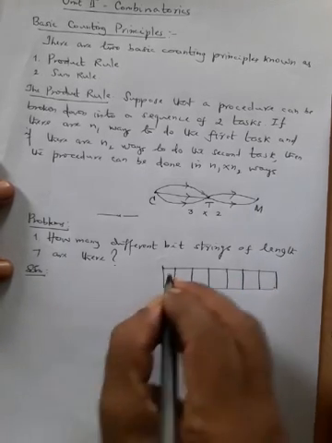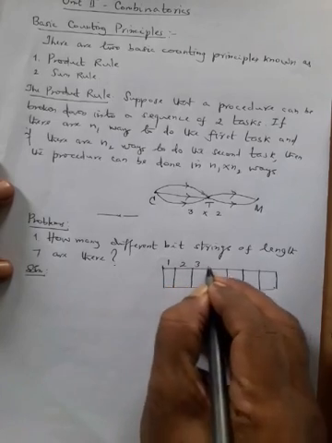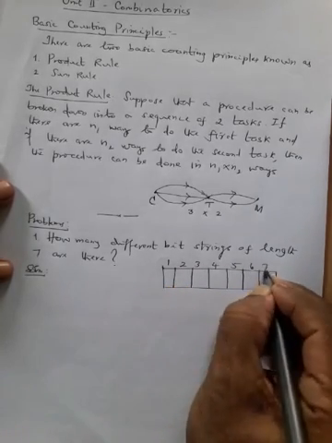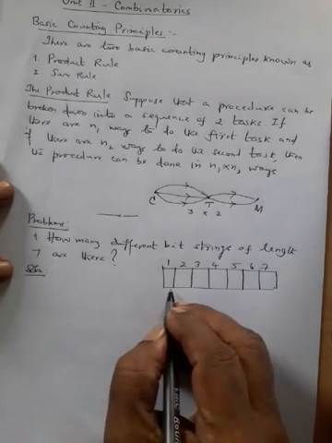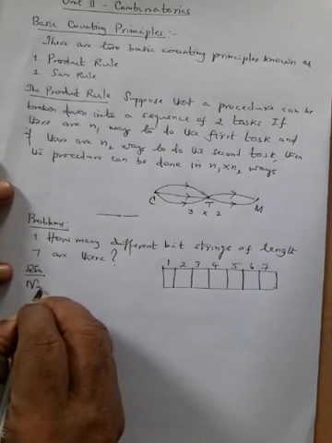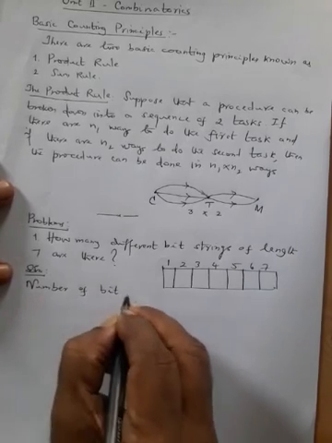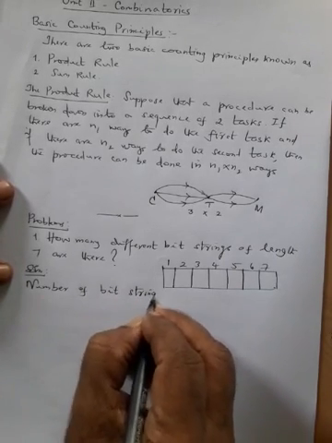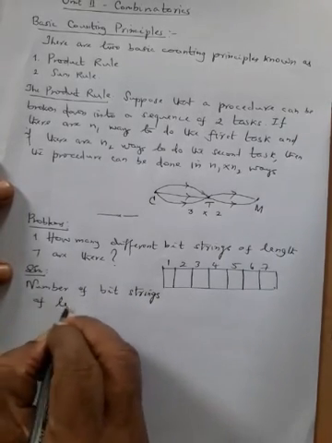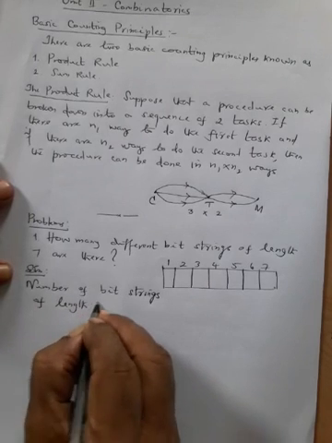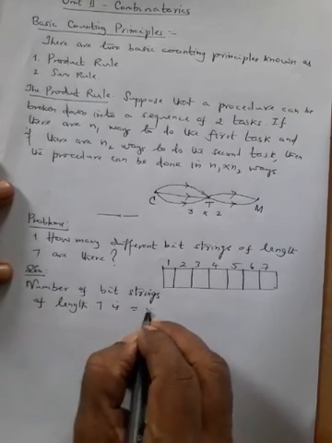So this is a bit string of length 7: 1, 2, 3, 4, 5, 6, 7. So the number of bit strings of length 7 is equal to